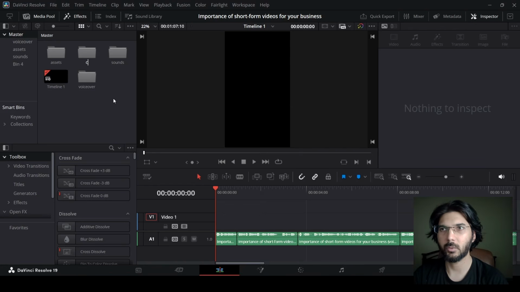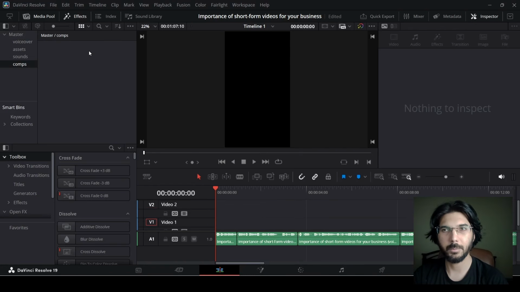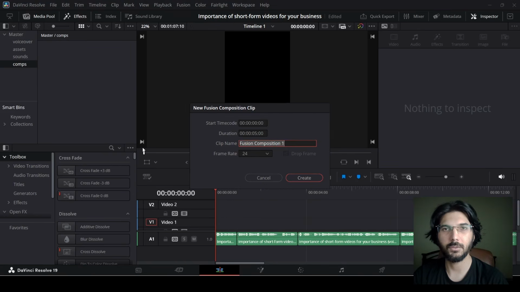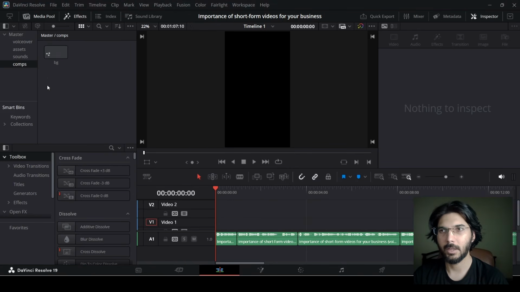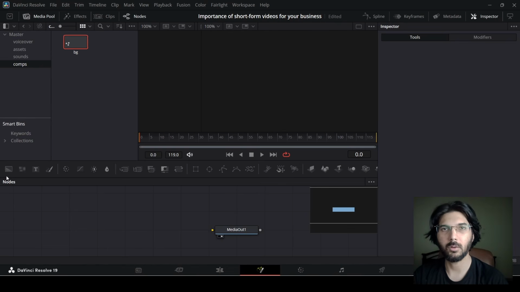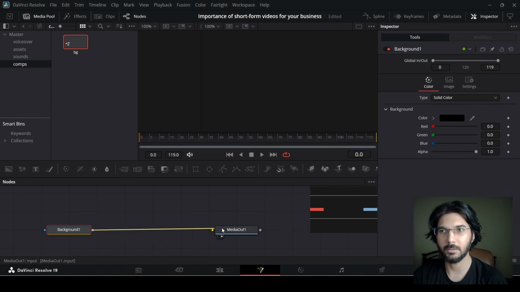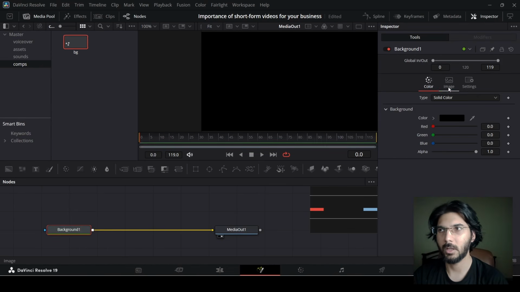So over here, I'm also going to create a new bin, which is going to be called comps. This is a composition bin, and I'm going to add all these different compositions right here. So let me start with the first one called background, and this is going to be the background for this video. So let's drag in this background node, connect this with the media out,